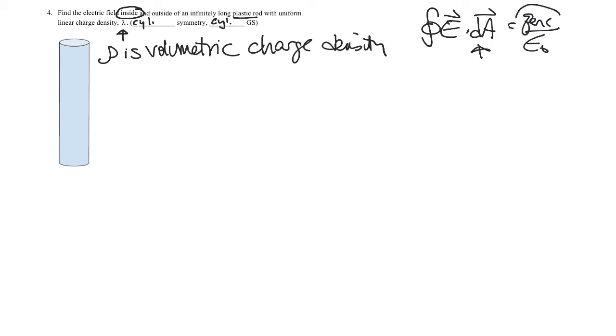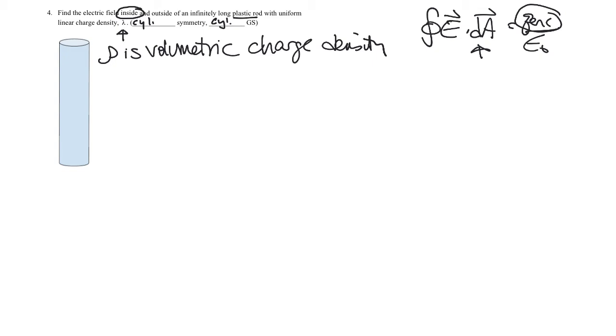And then to calculate the enclosed charge in a surface often requires this kind of thing that we're about to discuss. Okay, which has to do with charge densities. So the question on the table is,